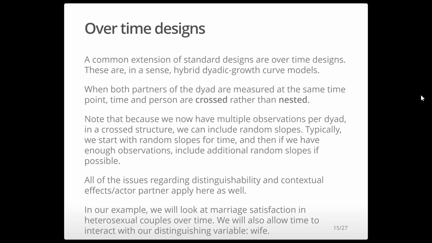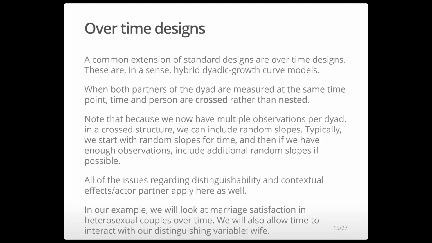We can also do overtime designs. So in overtime designs, you're essentially doing a hybrid dyadic and growth curve model. And one thing to note is that when both partners of the dyad are measured at the same time, we can treat time and person as crossed rather than nested. However, if both partners were not measured at the same time, which is unusual, you don't see many designs like that, then we could not treat time and person as crossed, and we would have to treat time as also nested within person, which was nested within dyad, and then we'd have a 3-level